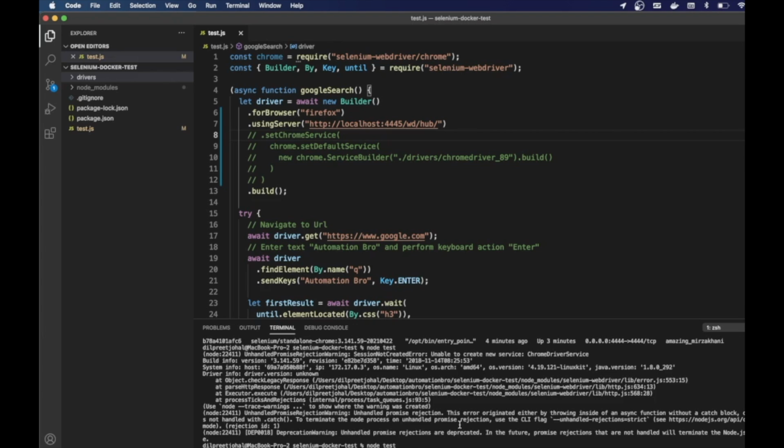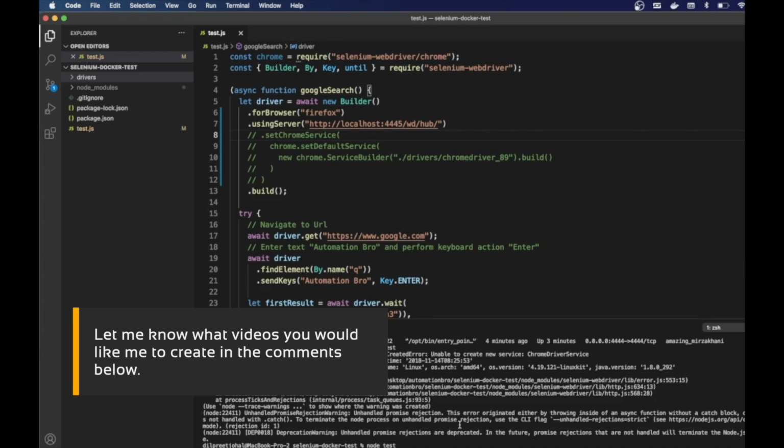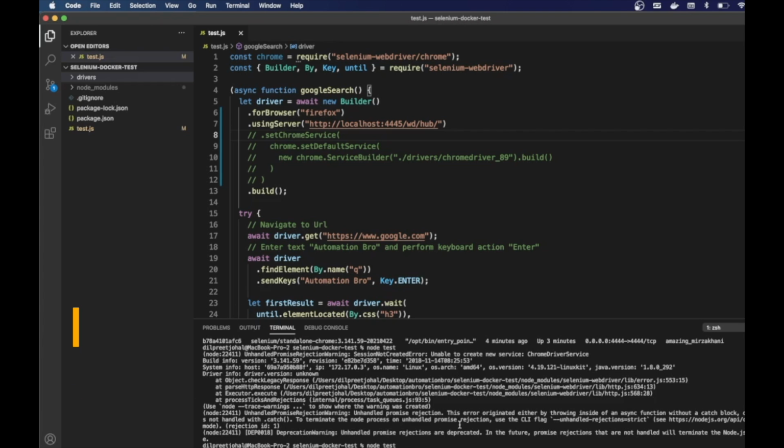So I know this video is getting a little bit longer, but in the next video, we're going to take a look at how we can run our test in Docker as well as be able to see the browser spinning up using the help of VNC. And I'm also planning to create a bunch of videos related to Selenium Docker, such as running a test in Selenium with Docker Grid, using it with Docker Compose, or let's say creating a Selenium grid and running it on AWS. So there are different kinds of videos that I'm planning to do. Let me know in the comments below what you're interested in, and I can create a video similar to that topic.